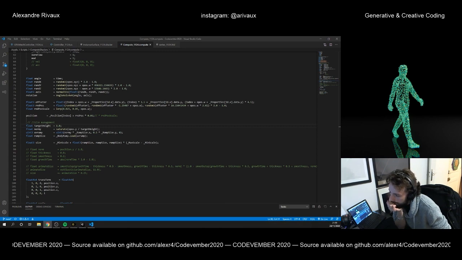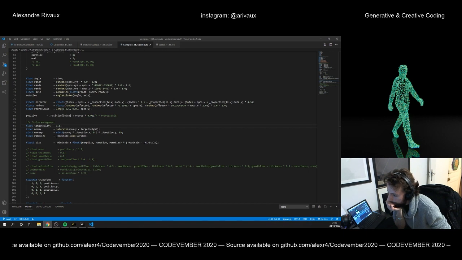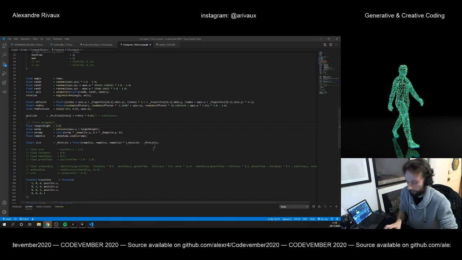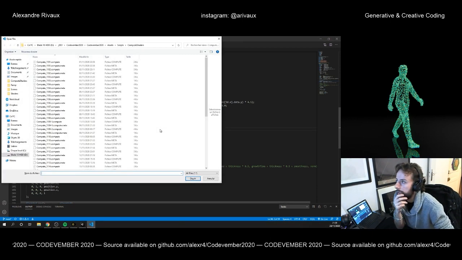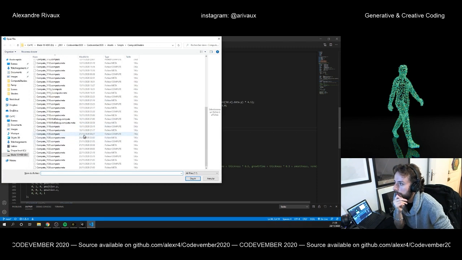So this is 23, 22, 21. So yeah, it's 20. It was the 20 that we used when we did the fall down system. So go back to the shader 20